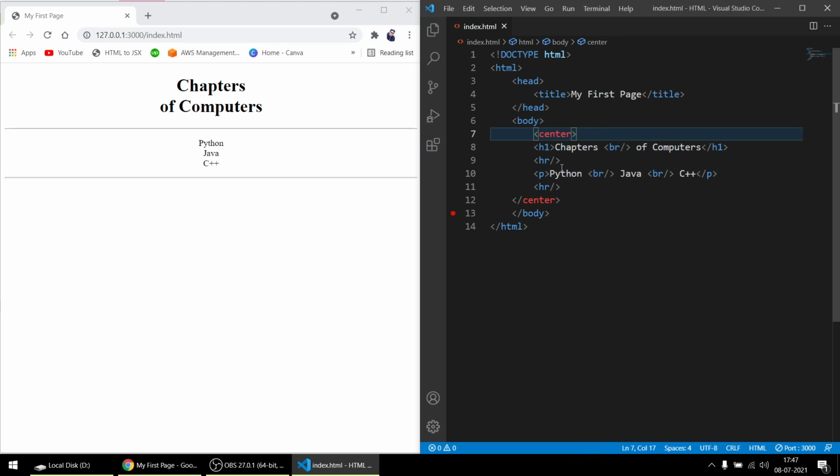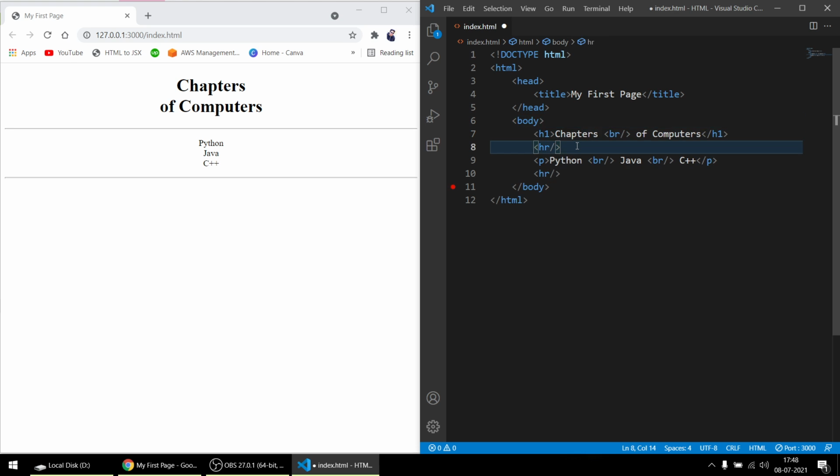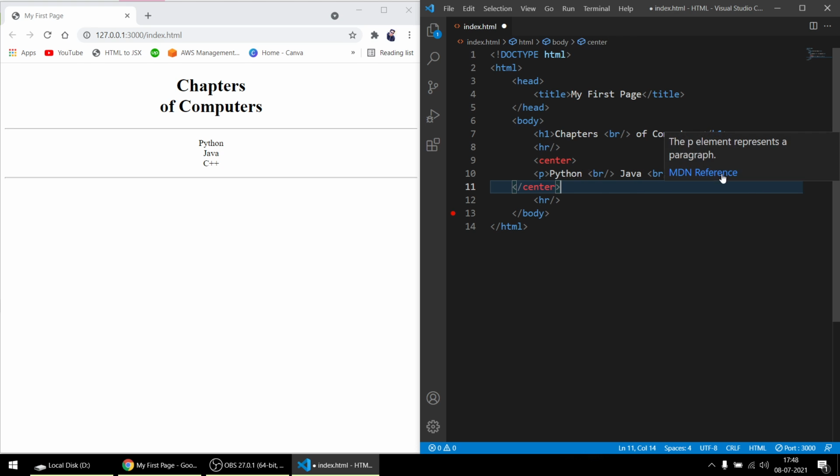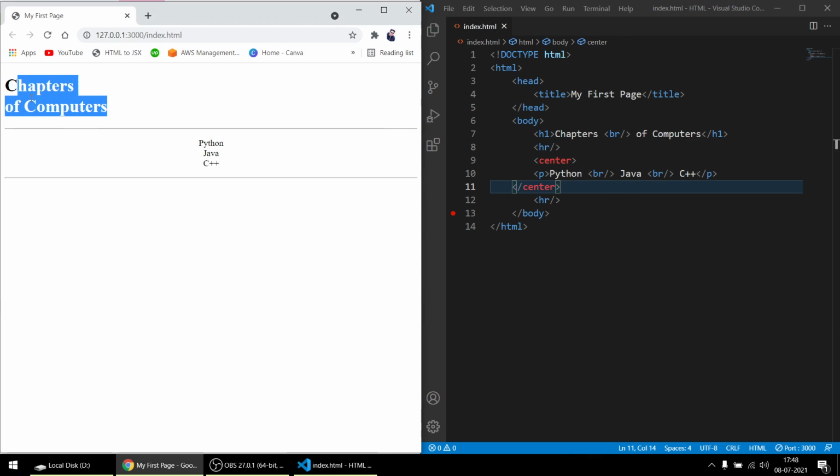And if I want just this Java or Python part, let me redo it. I'll put this p tag inside center and close it, and if I paste it here, now this paragraph Python, Java and C++ is in the center only. Save it. So chapters of computers here, and now Python, Java, C++ in the center.